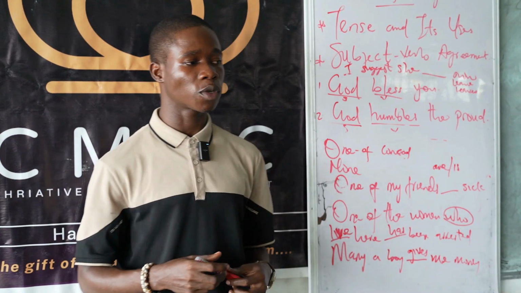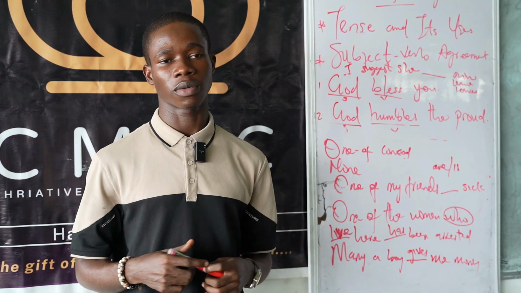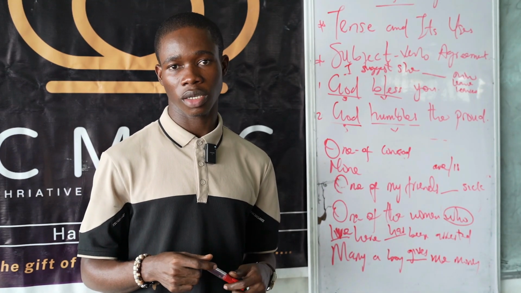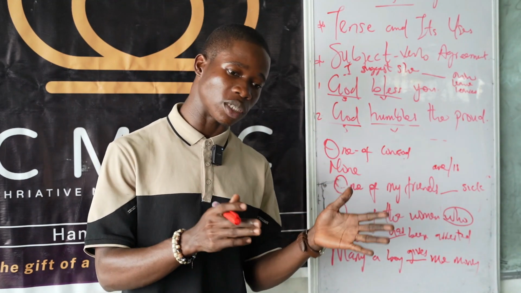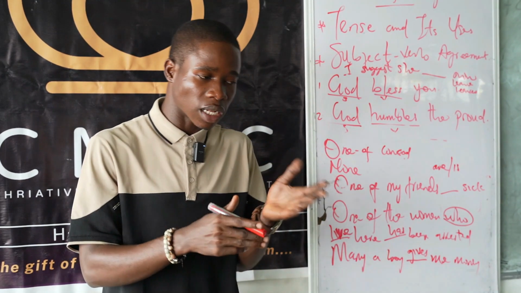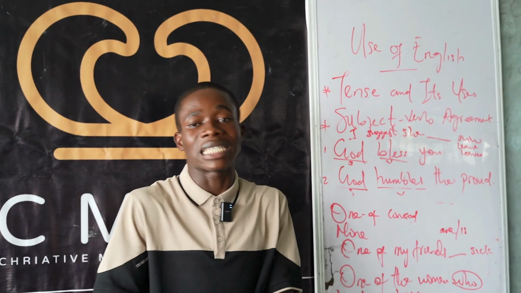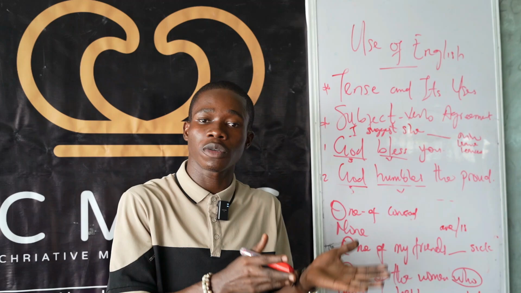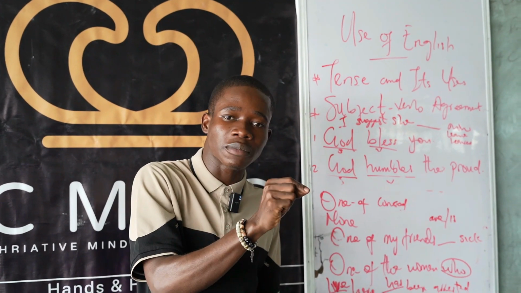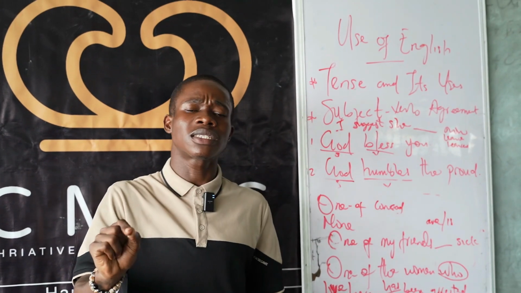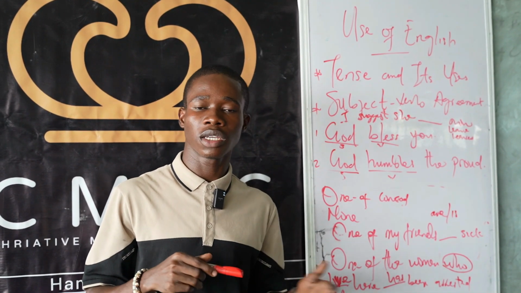Then the final rule I'm going to give you on subject-verb agreement, let me say the penultimate, is the proximity concord. When you hear proximity, that's talking about nearness. We can have a string of subject items, right? From those items, it is the subject item that is nearest to the verb that determines your verb. That's what is called proximity concord.